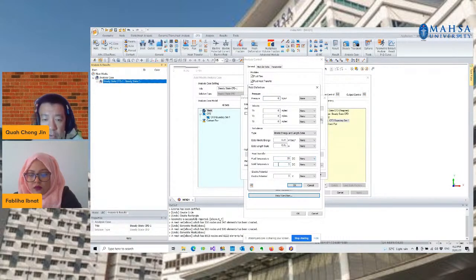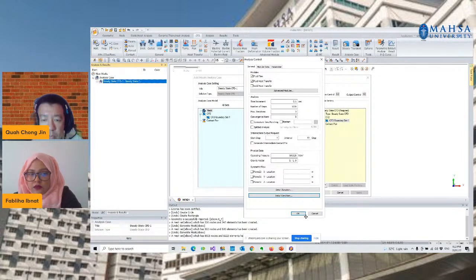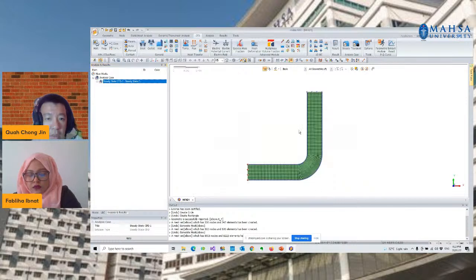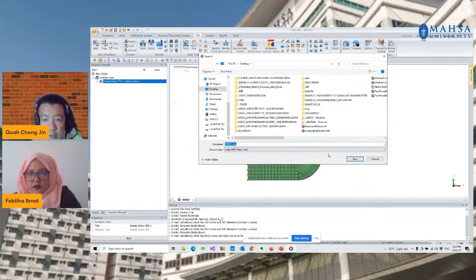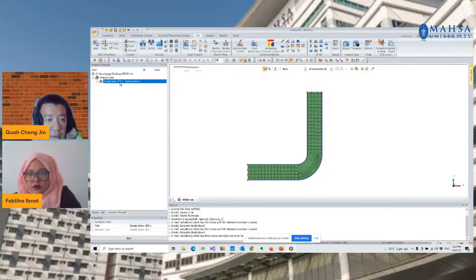We are not doing it for solid temperature, but only for fluid temperature in this case. We maintain the pressures, everything, to be 0. Okay. Of course, we have to save the project first before we can actually run. And we should be able to run the simulation right now.